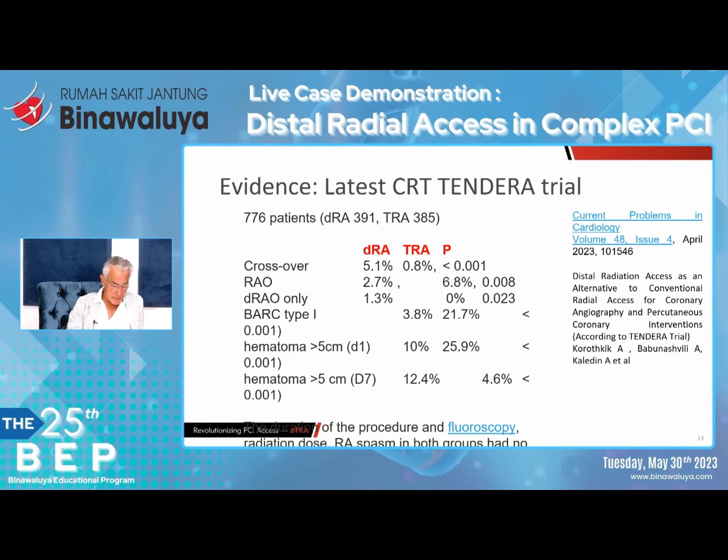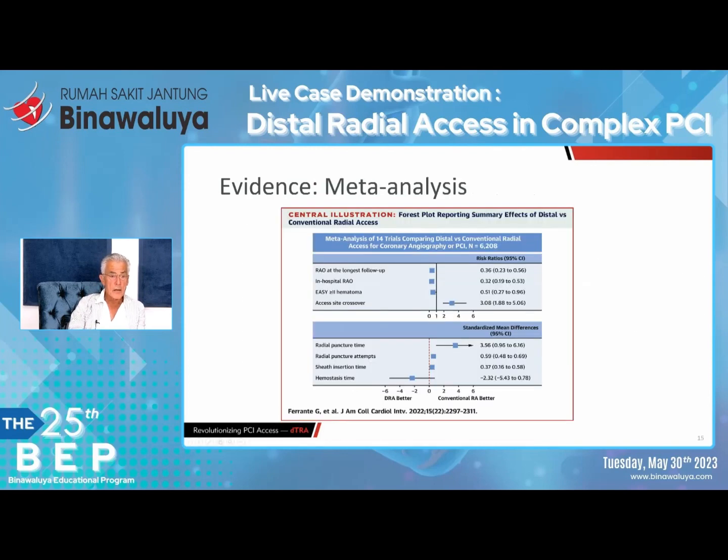You see the same in multiple meta-analyses. Okay, there are quite some meta-analyses performed, which all show the same. They all point in the same direction: reduced radial artery occlusion rates with distal access, reduced bleeding complications, but higher crossover rates. And that's also with the latest